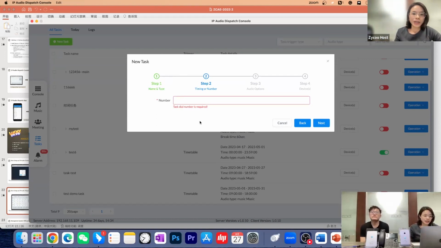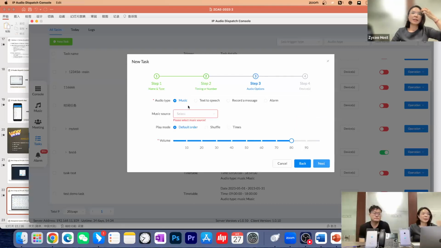The number here is basically a passcode. You use this number, the task number, to activate the task. I don't know, so I will give a random task number to this task, and then create, next,